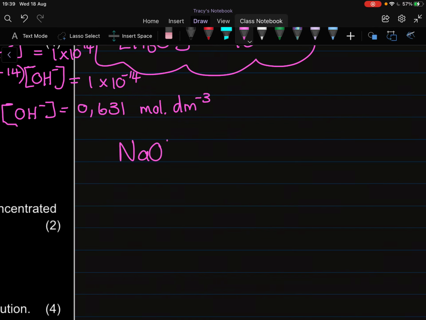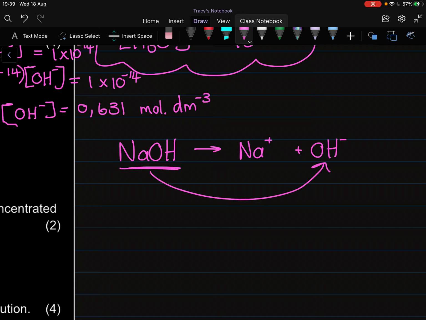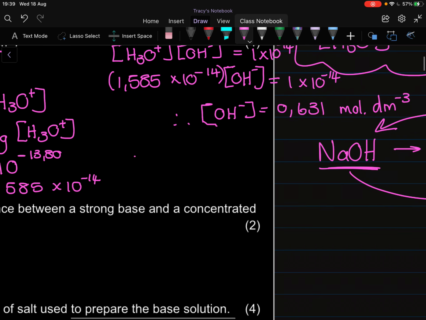NaOH will dissociate into Na plus and OH minus ions, okay? And they are, so sodium hydroxide is a 1-to-1 relationship with the OH minus. So whatever the OH minus concentration is, that's the sodium hydroxide concentration. So in other words, the NaOH concentration is equal to the OH minus concentration,